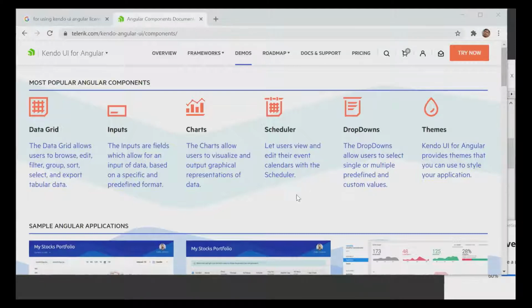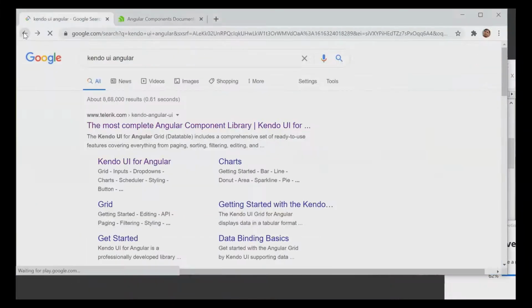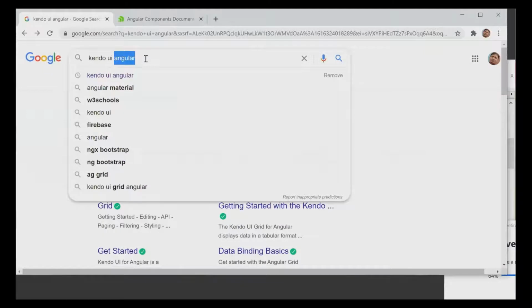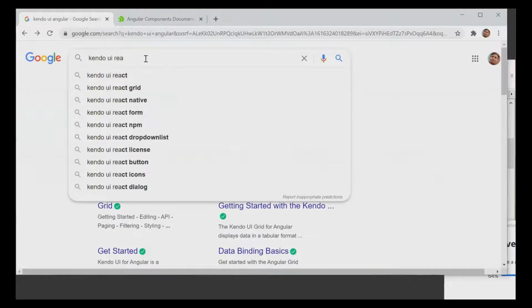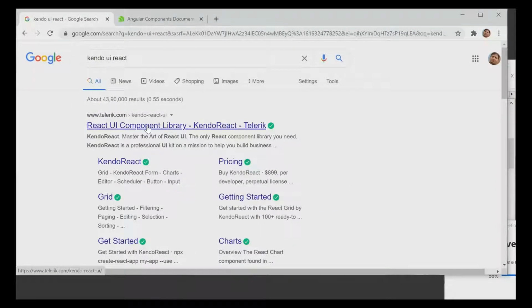So in your company, they are going to use Kendo UI also? Yeah, they are actually using Kendo UI. Finally, they have to use Kendo UI. They asked me to learn Kendo UI for React. We can do one thing. We can see the example of Kendo UI with React and Kendo UI with Angular. We can go for that also, right?